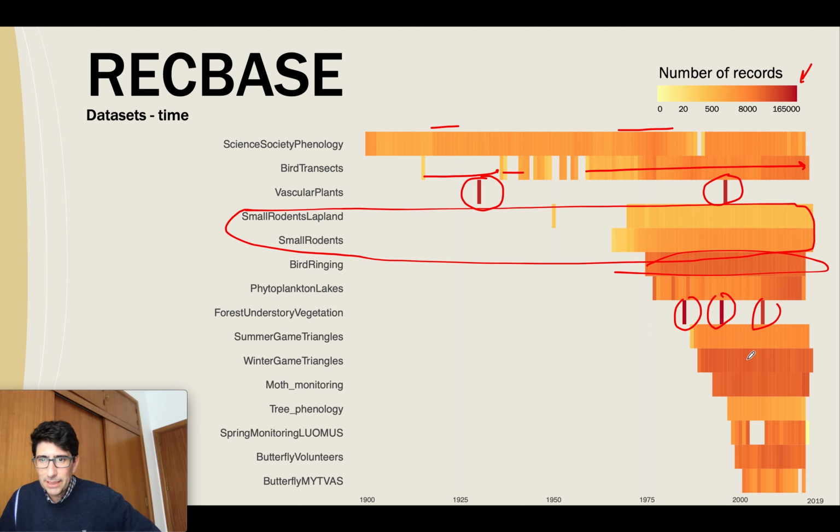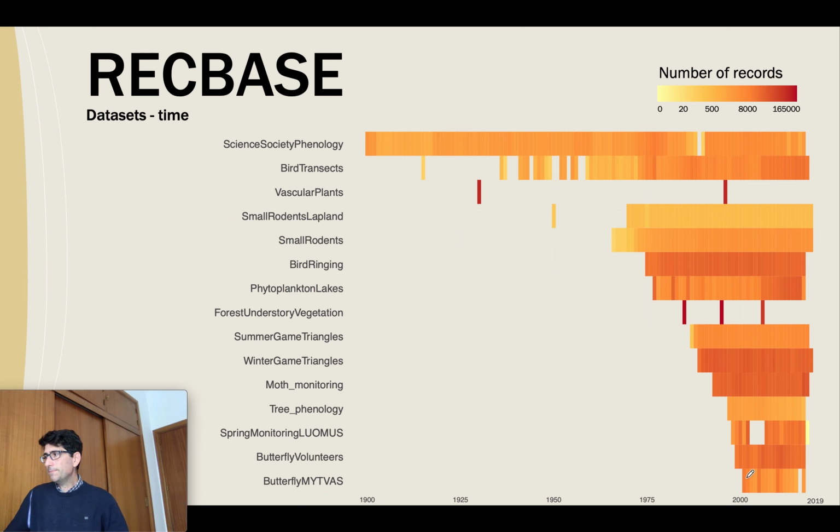Winter game, summer game: there are more in winter game than in summer game. Moth monitoring, there are a lot of records, and this is the shortest time series, butterfly monitoring. Okay. So now we are seeing the details of the dataset, the records, how many species, etc. And then we have seen the time span, when did observations start in each dataset, when did they end. And now